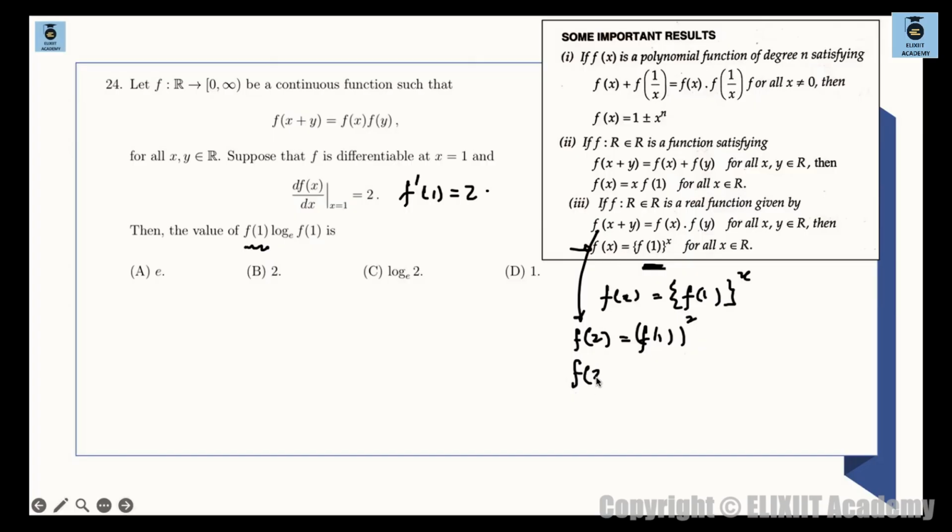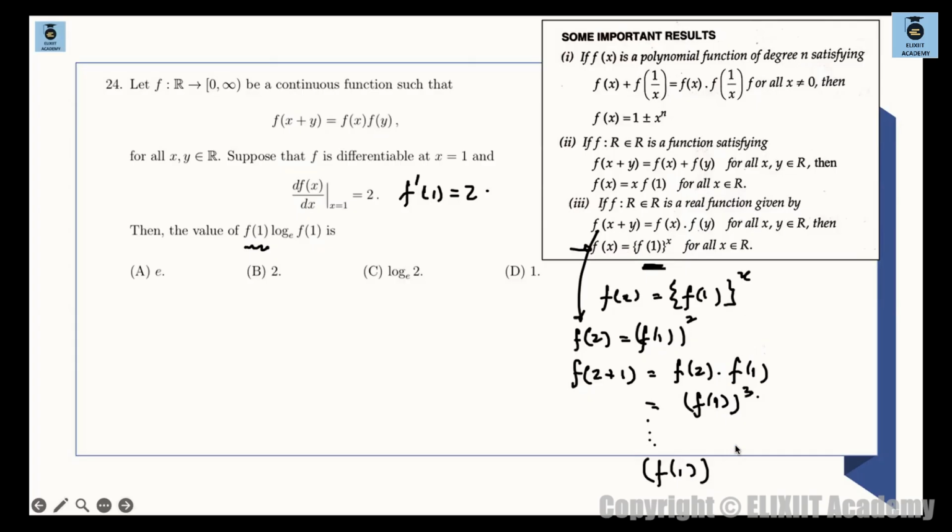Similarly you plug in the value of x to be 2 and y to be 1, let's say, तो क्या बन जाएगा, this will become f of 2 into f of 1, है ना, and f of 2 is basically f of 1 whole square, मतलब this will become f of 1 whole cube and so on, this will continue। तो f of 1 के टर्म्स में सारे जो टर्म्स हैं, you can write all these terms in terms of f of 1 itself।